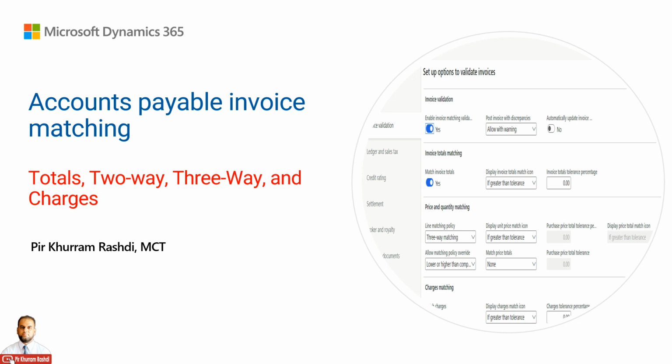Product received is sometimes called GRN, goods received note, or sometimes delivery challan or DC. So in this topic, we will cover accounts payable invoice matching, which matches the information of the vendor invoice to documents like the purchase order or product receipt. There are four kinds of matching which I will explore in this topic. The first one is totals, then two-way matching, then three-way matching, and then